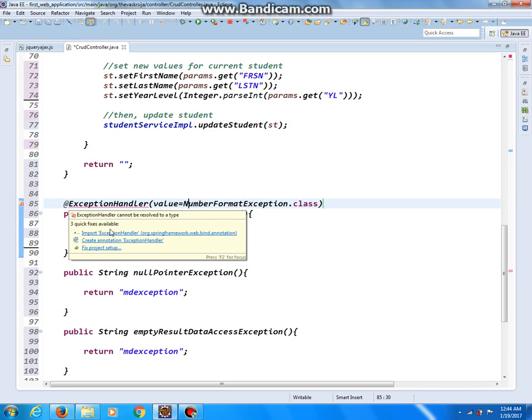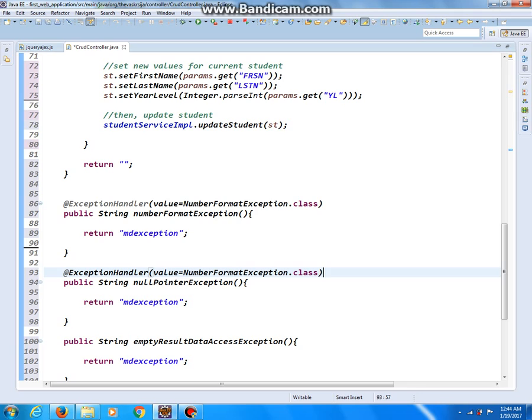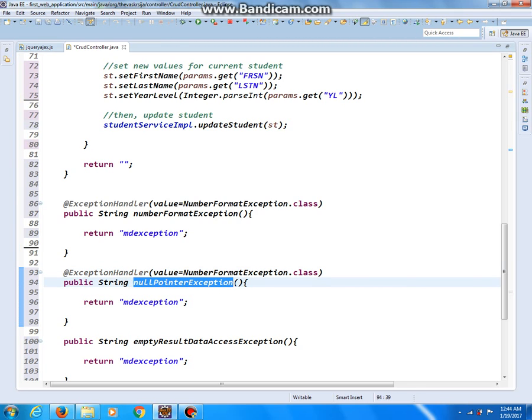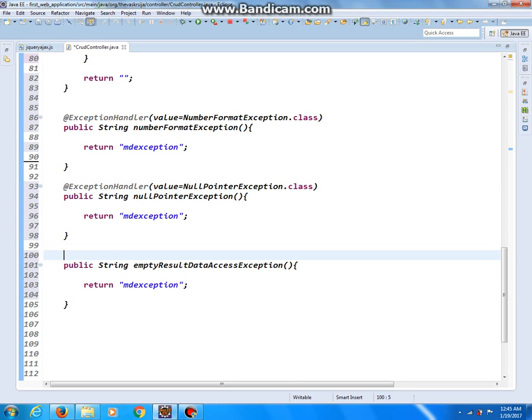Of course we must import ExceptionHandler. Okay, let me copy this, and this time we need NullPointerException. Okay, and here we need